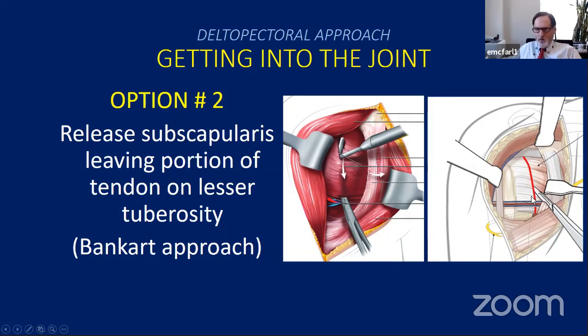Second option is to do a standard Bankart kind of approach, where you actually release the tendon and leave a tendinous portion on, leave some tendon on the humerus and some tendon on the subscapularis. I didn't think people use this much anymore, because the trouble is sewing back down just to the tendon is kind of meager. But I did do a narration of a case done by Joaquin at Mayo, and he still actually does this, but even when he does it, he makes sure that he secures this lateral portion in some fashion to bone as well. So tendon to tendon repairs like this tend not to be so successful.